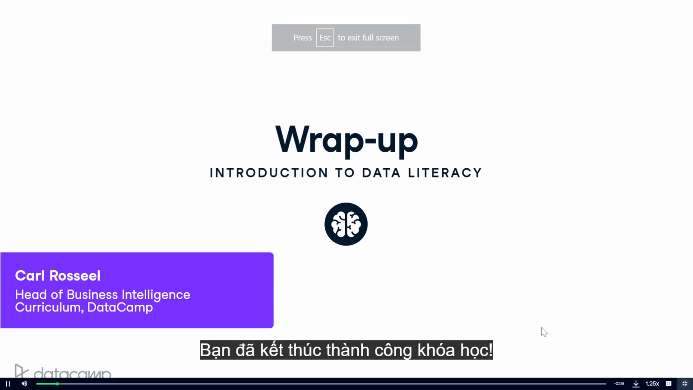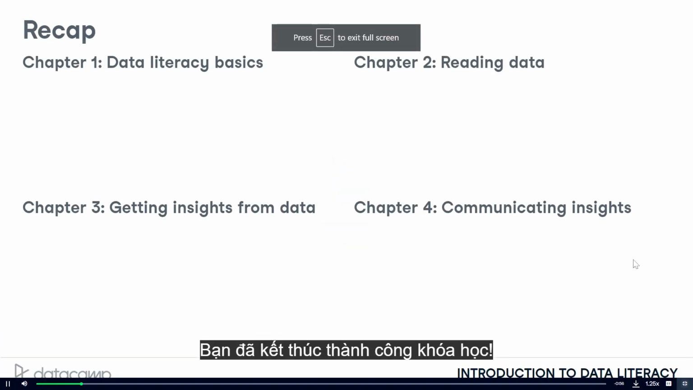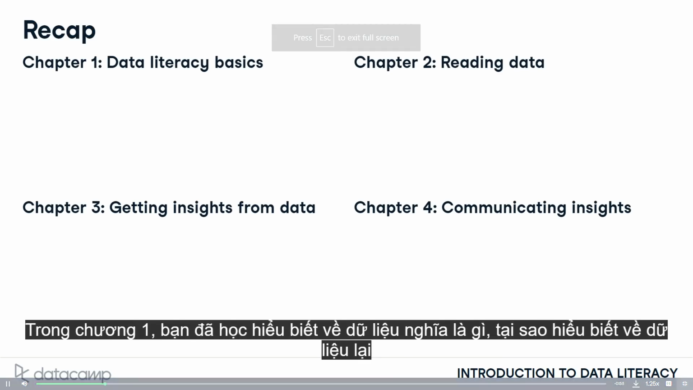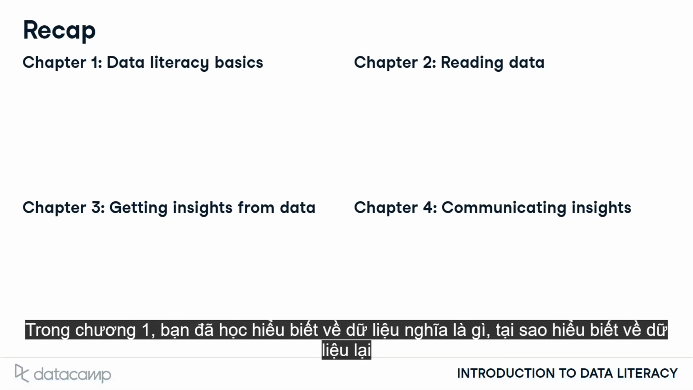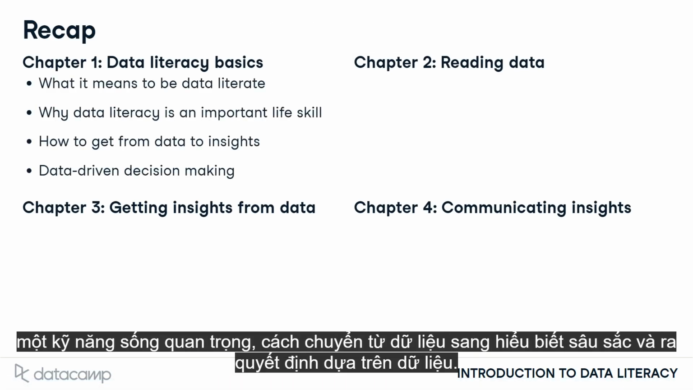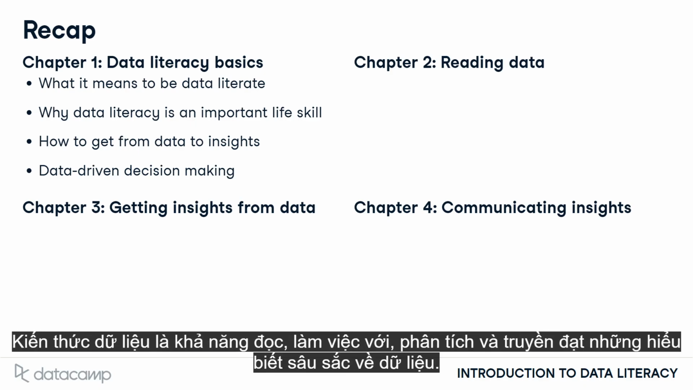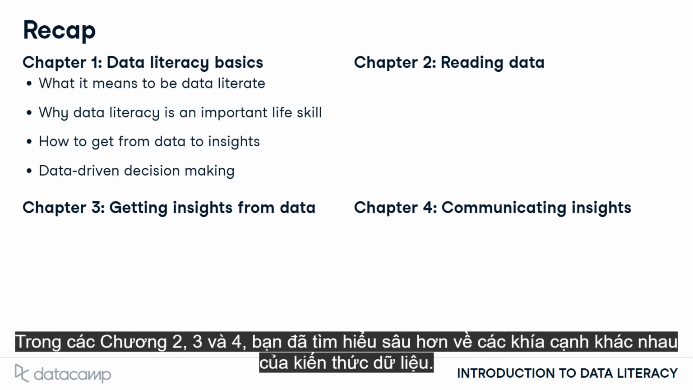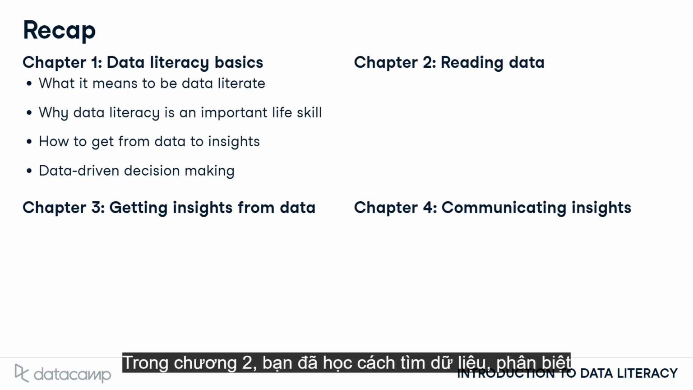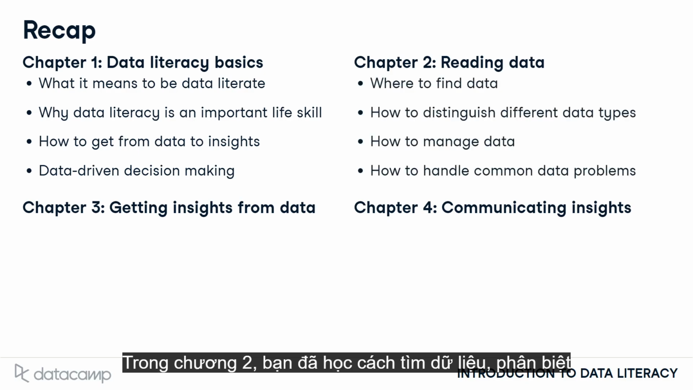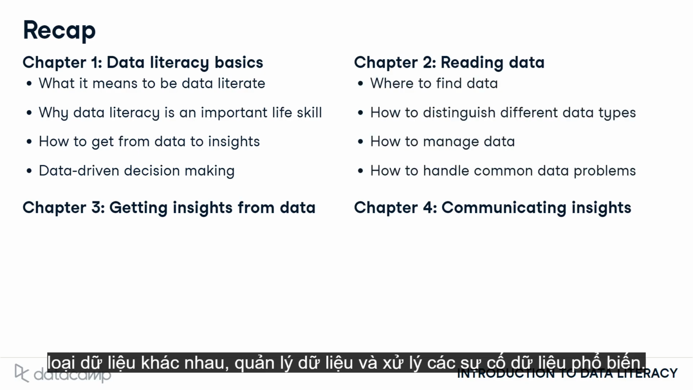Well done! You have successfully reached the end of the course. Let's review everything you've learned in this course to see how far you've come. In Chapter 1, you've learned what it means to be data literate, why data literacy is an important life skill, how to get from data to insights, and data-driven decision-making. In Chapter 2, you've learned where to find data, distinguish different data types, manage data, and handle common data